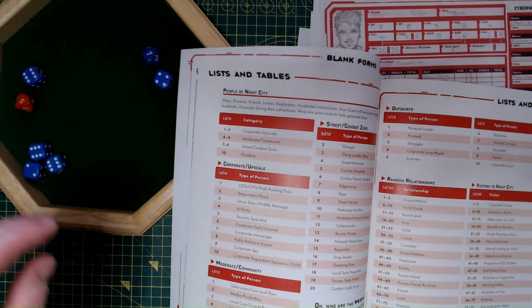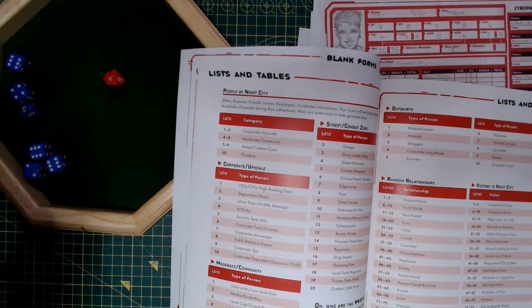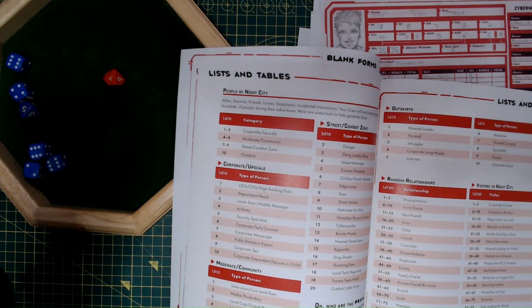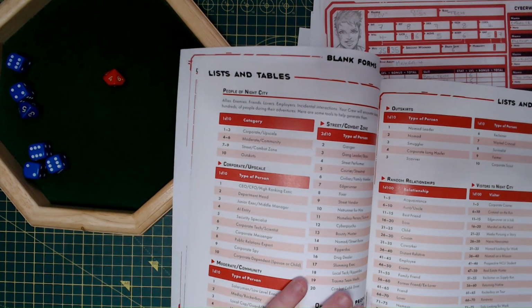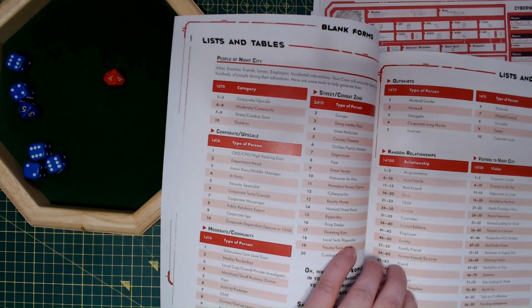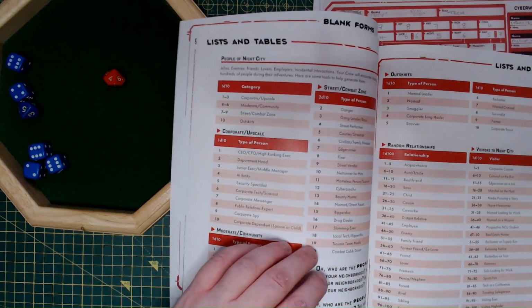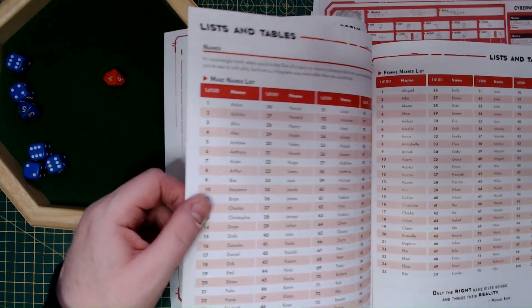We have Street Combat Zone. So for Street Combat Zone, we have 2d10, for 9. A street vendor. Okay, interesting. And then we've got...